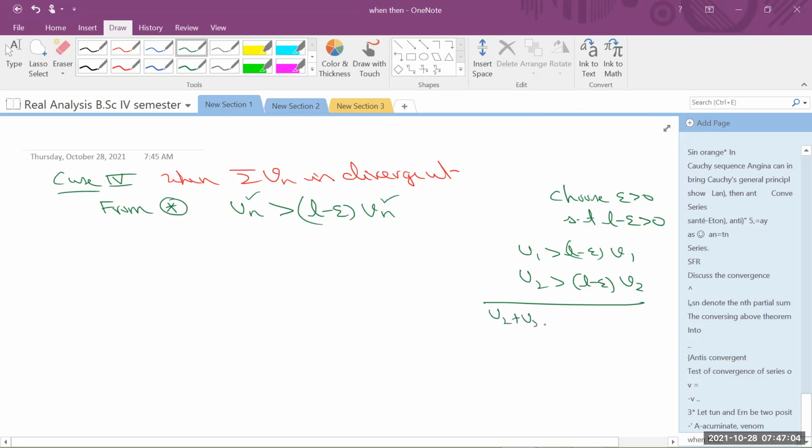Second term, u1 plus u2 will be greater than, take L minus epsilon common, and we have v1 plus v2. So what we are getting is that this is also true in terms of their members of sequence of partial sum. So if this one is unbounded, then sequence of partial sum of the series un is also going to be unbounded. And any unbounded series which is monotonically increasing has to diverge. So this is the reason why, since this implies that series un is also divergent,